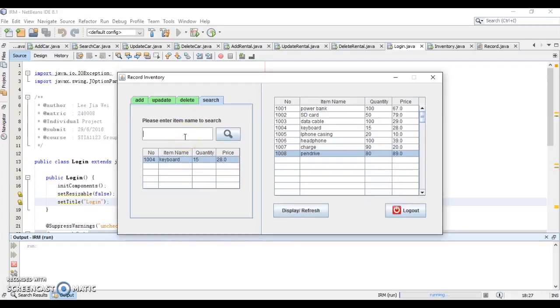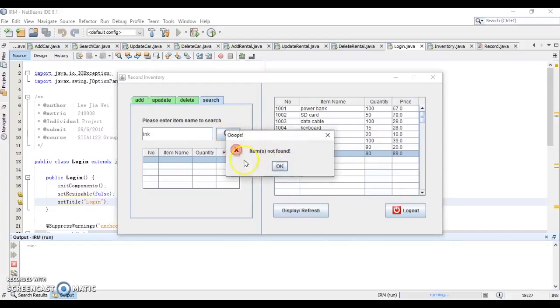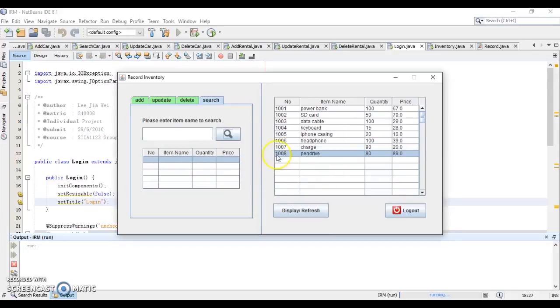And next, if you enter an item name that is not in the list, it will show you an error. Item is not found, so it cannot search. You click the refresh button, and after this, when the user does all the add, update, delete,